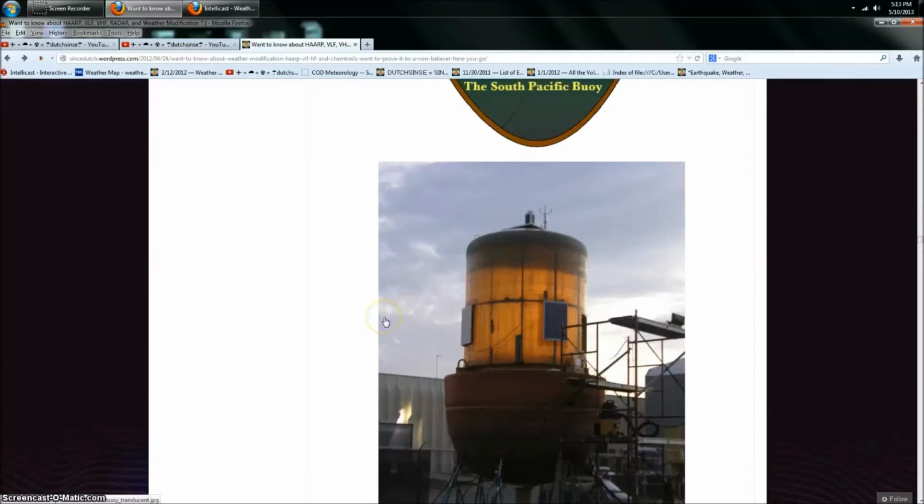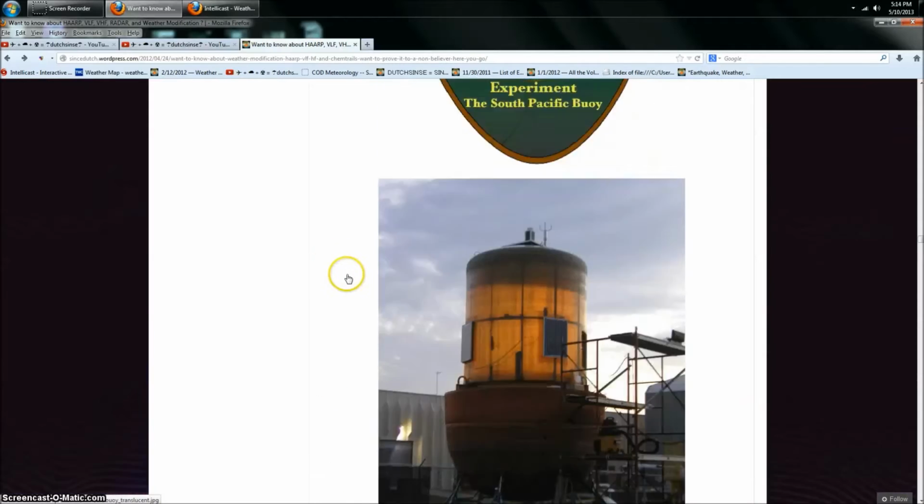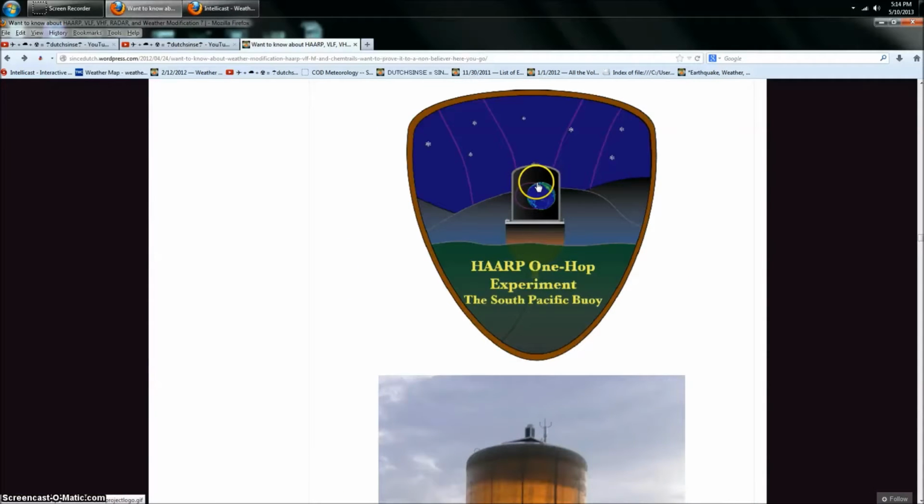HAARP one-hop buoy, where they placed the buoy all the way down at the coast of New Zealand to catch the HAARP signal to detect where it is penetrating. Is it coming all the way down to Earth? Is it being reflected back up? What they found is that when they do this experiment, the signal travels this purple line here, goes down to the South Pole, where before it goes down into the Earth, it's actually reflected back.